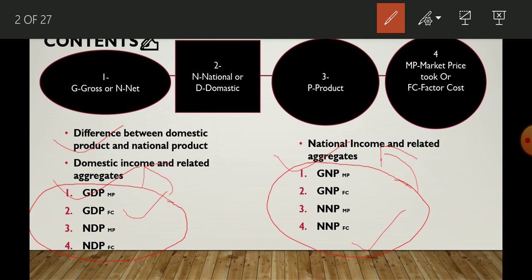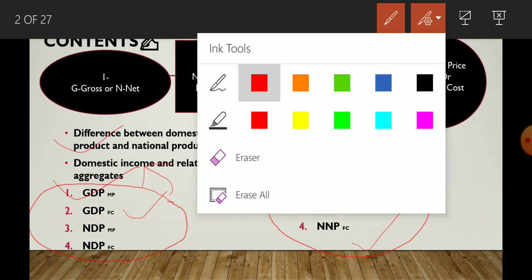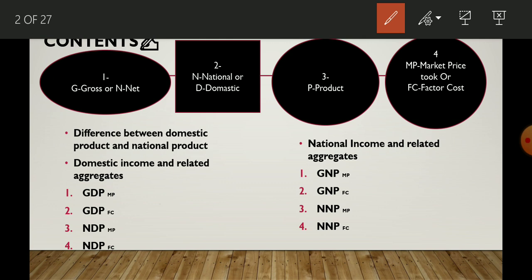So students, please keep a copy and pen with yourself so that you are able to note down whatever is going to be explained here. Okay, and it is very important to understand numerical, to attempt numerical questions and also all the theoretical questions. Okay, first of all I will start with how to read these aggregates, these four aggregates. Okay, here I have written 1 2 3 4. At the first place it is about these aggregates, how we are going to read it properly.